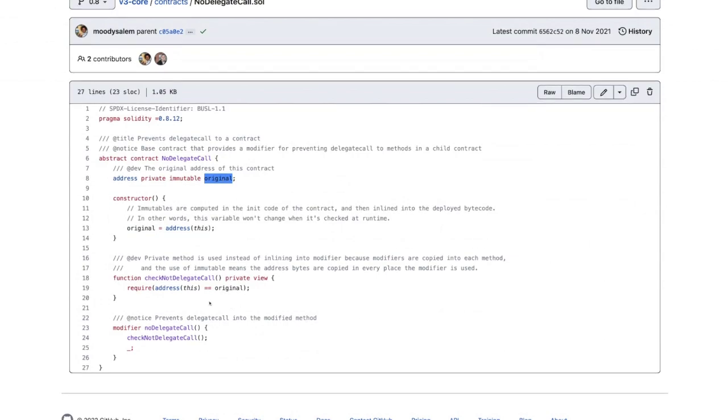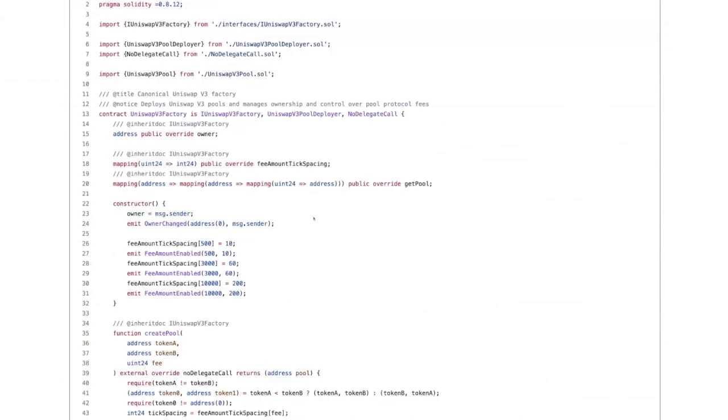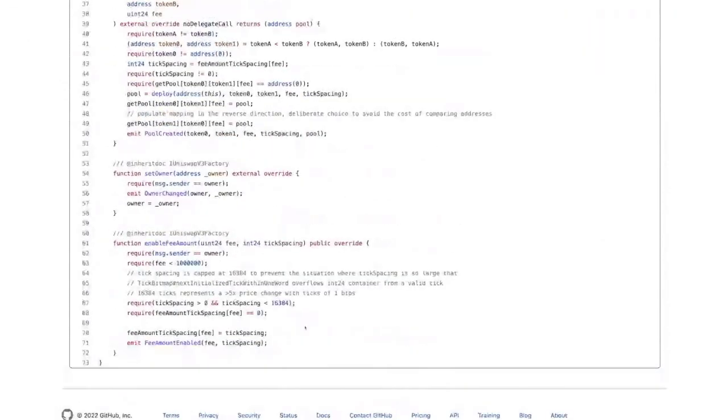And then if a function has a no delegate call modifier on it, it'll run this check not delegate call logic, which is here, which just says that the context or the address of the contract calling the function must be the same as that original contract's address. So effectively what it's saying is that if we find one of those functions somewhere,